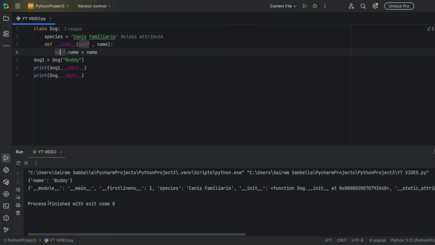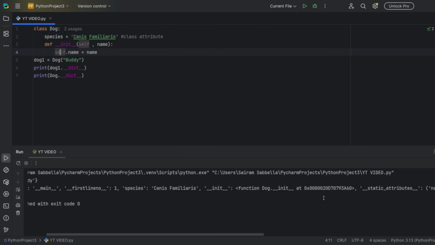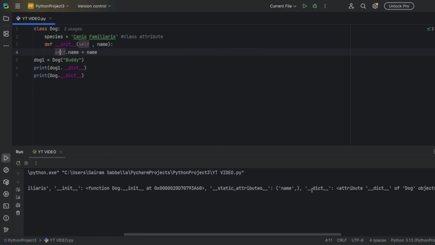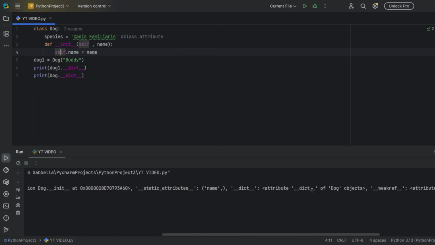But if you look at the class, the module is __main__, the first line number is 1, and the species is Canis familiaris. This is a class attribute common for the entire class, and it is giving the function for Dog at this point. And the attributes mentioned are name, and that's it.